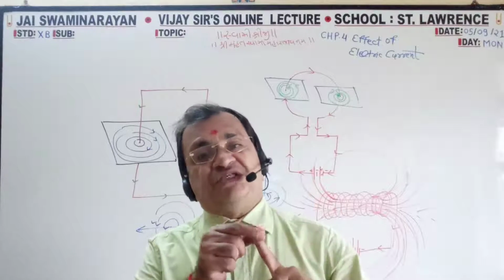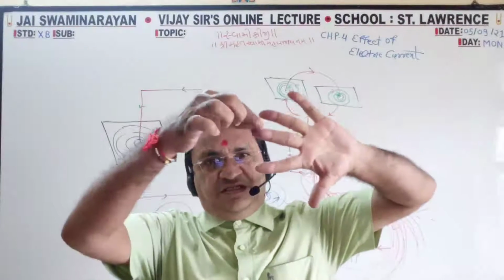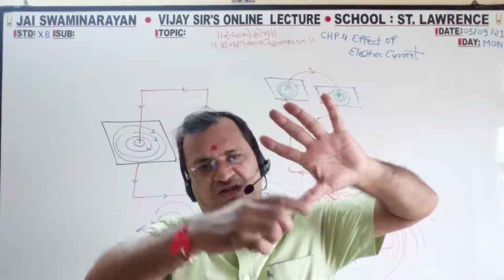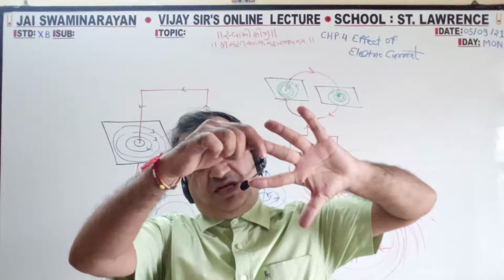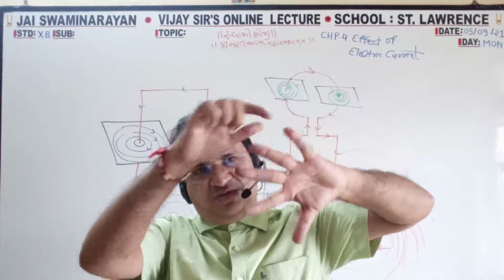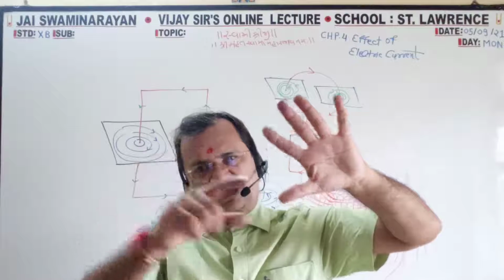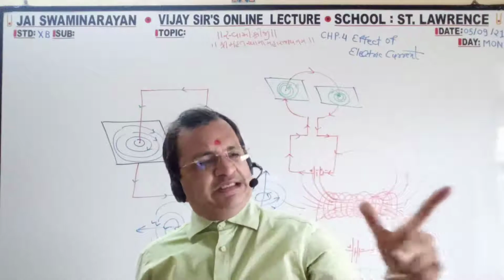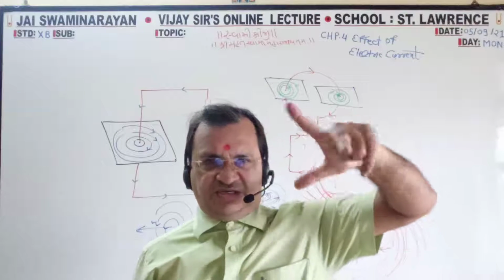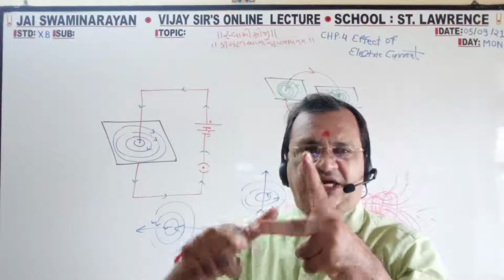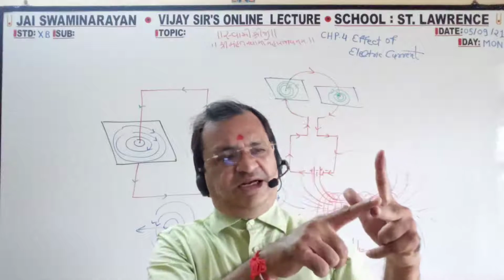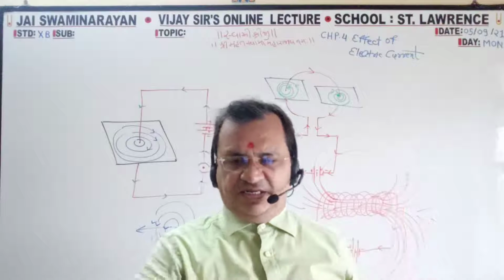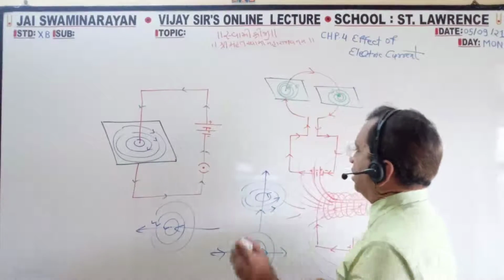Thumb, first finger and middle finger. This is the middle finger. Thumb, first finger, second finger. You can say third also, you can say middle also. Thumb, first finger, middle finger. Forget about the rest of the two. All three you have to stretch like this, and these are at right angles to each other, like the corner of a box.